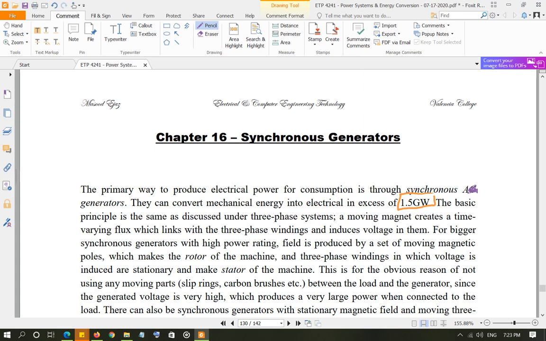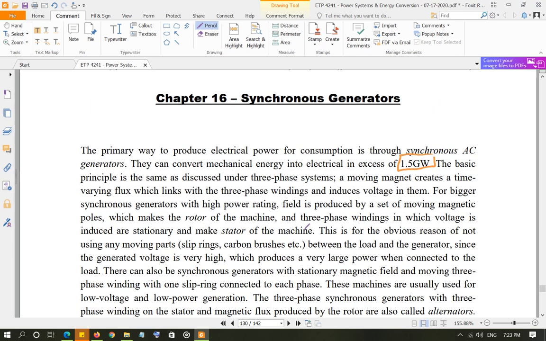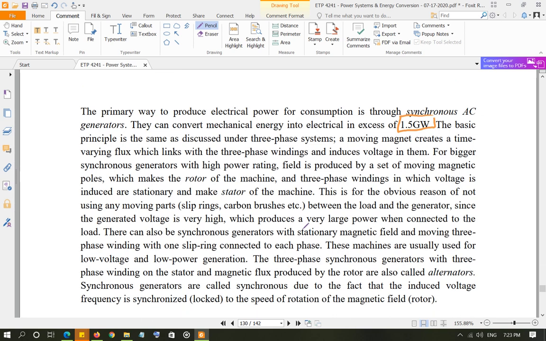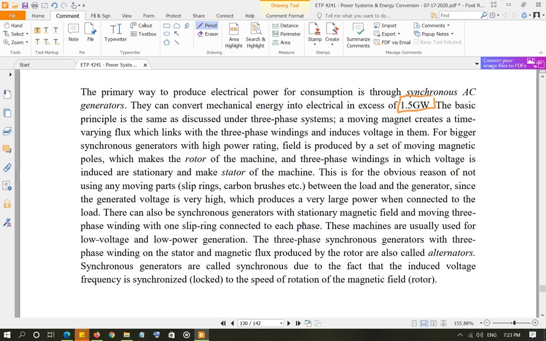Now, you can make a synchronous generator like the one that we studied in chapter 4, where the armature winding was rotating, and the flux was produced by stationary magnets. But those generators basically operate at a very low voltage and current. Hence, you don't expect a lot of voltage to be dropped at the carbon brushes or the slip rings. Okay, so